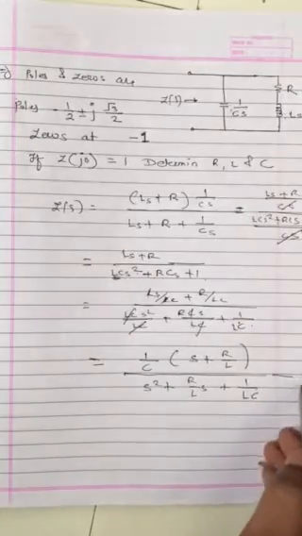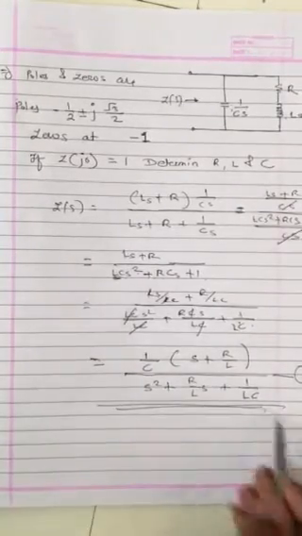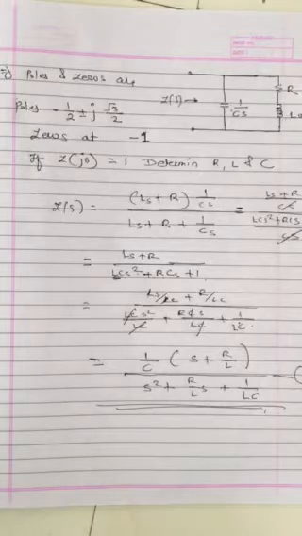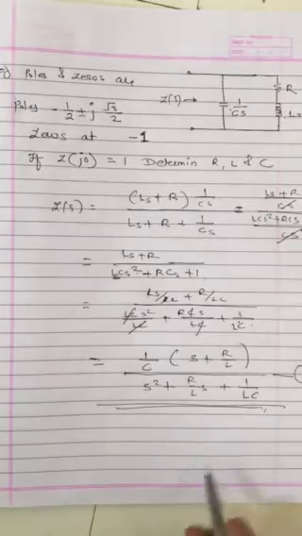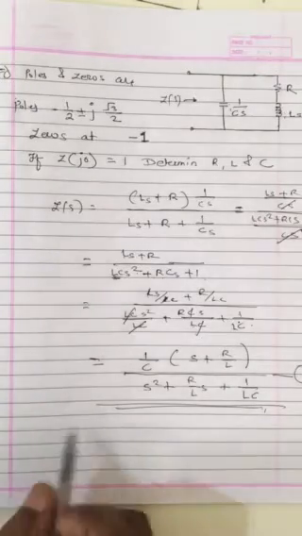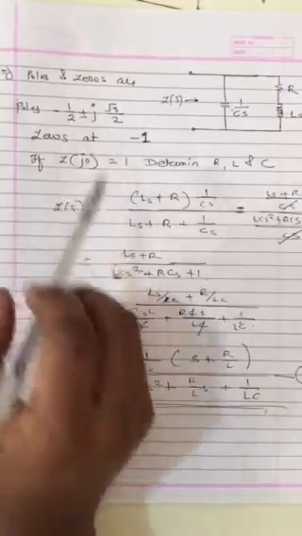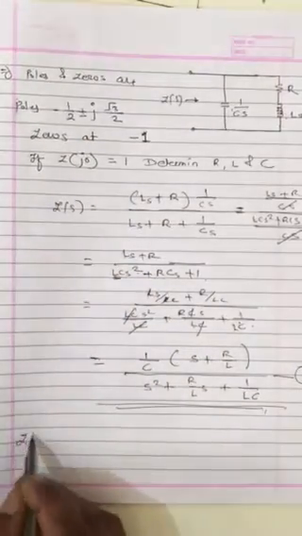Now this is an important equation. I will keep this equation as it is because I have to compare the equation with the roots with this one to find out the values of R, L and C. Now I have been given the values of poles and zeros. Okay, we can see that the poles and zero values are given. I will try to put them in and see what I get.